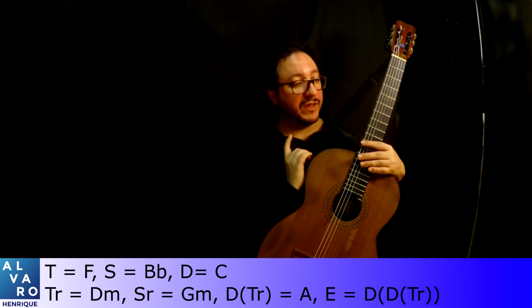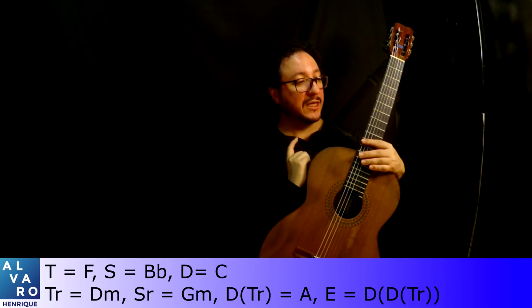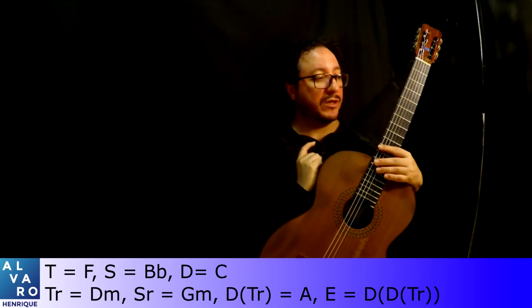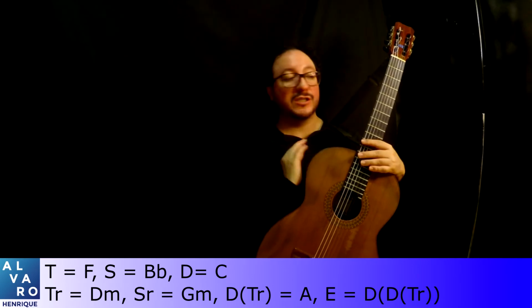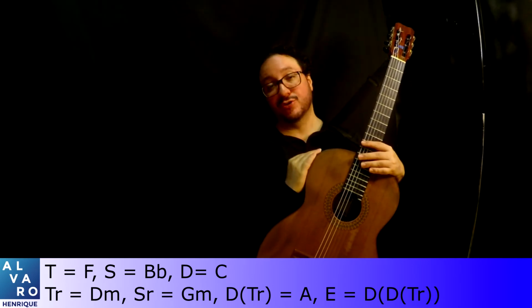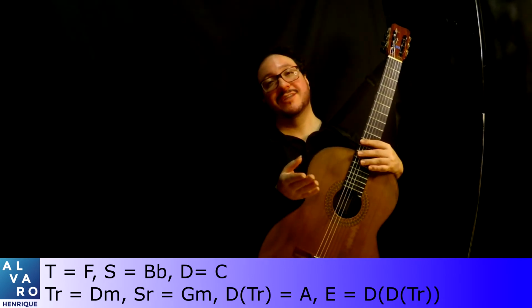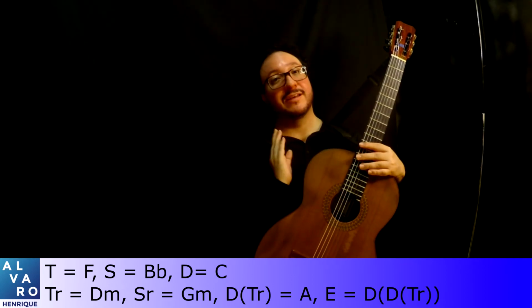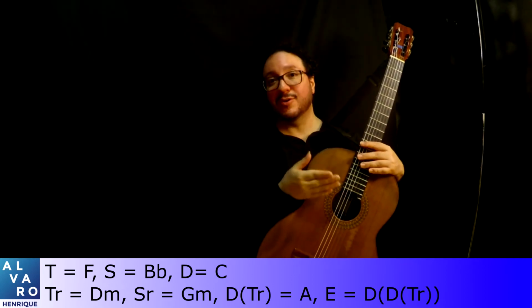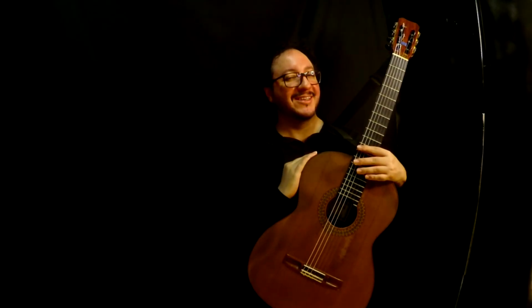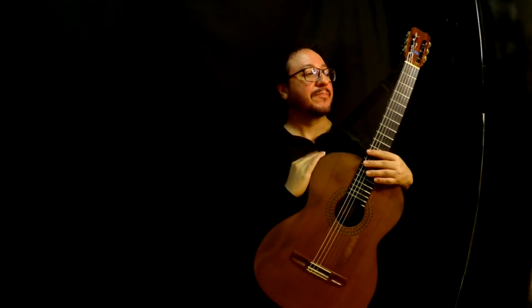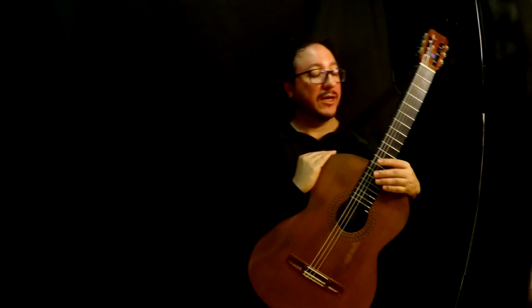There's just one exception: you can find one E major chord here just before an A major. So the A major is the dominant of the tonic relative, and the E major is the dominant of the dominant of the tonic relative. Quite easy, isn't it? So let's go to the melody.